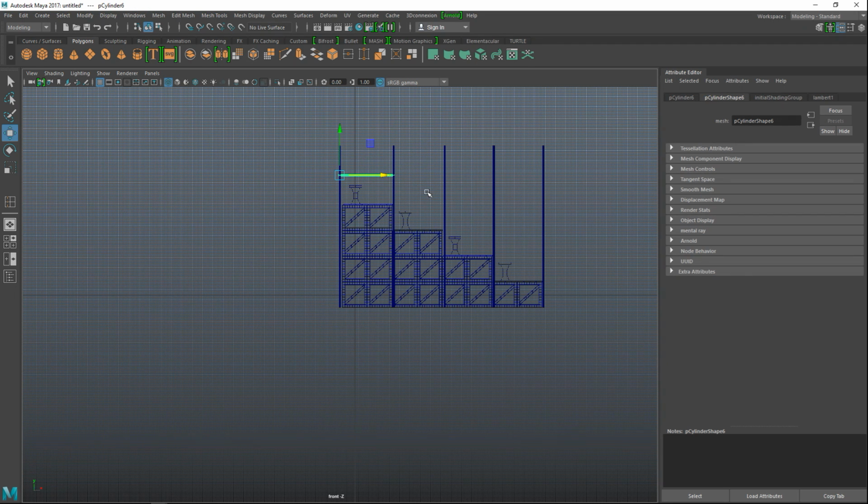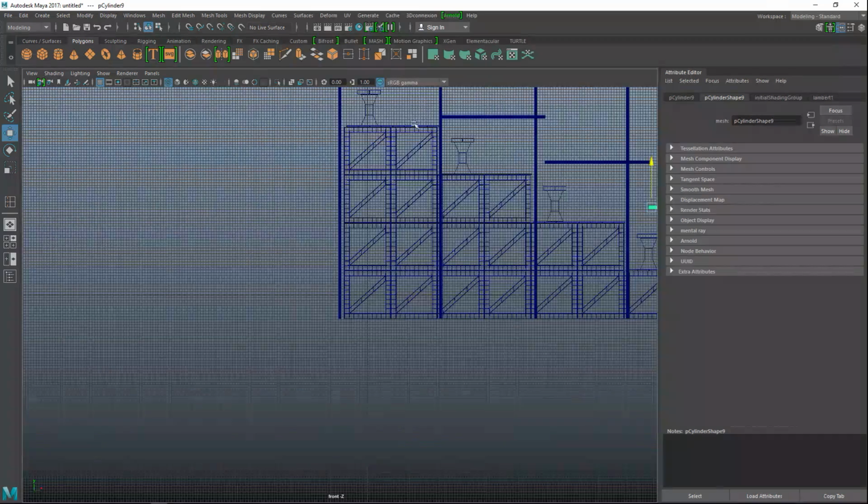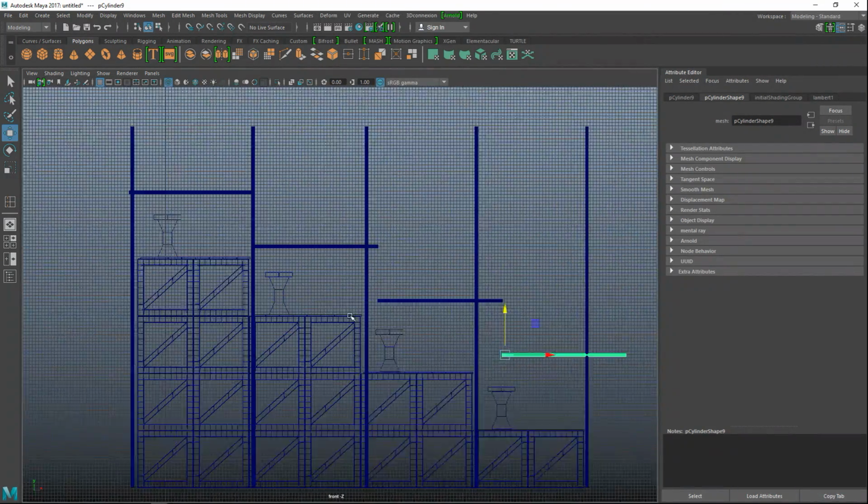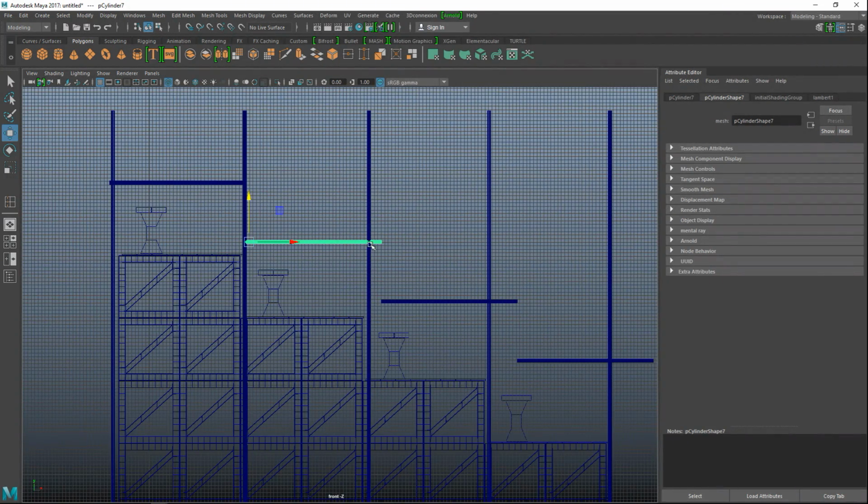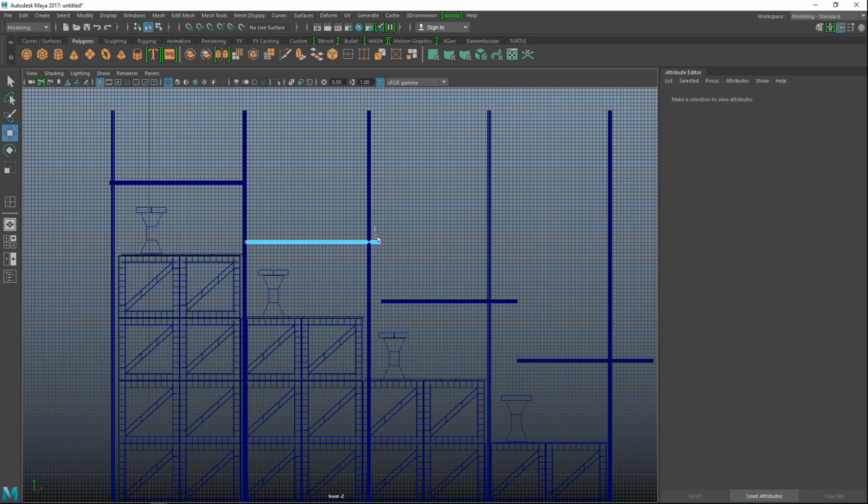And then we're going to take that as an object, Control D to duplicate, move it over, and move it down. I'm just looking at the spacing here. Shift D and Shift D, and then let's fix the position for these guys. So right click vertex.